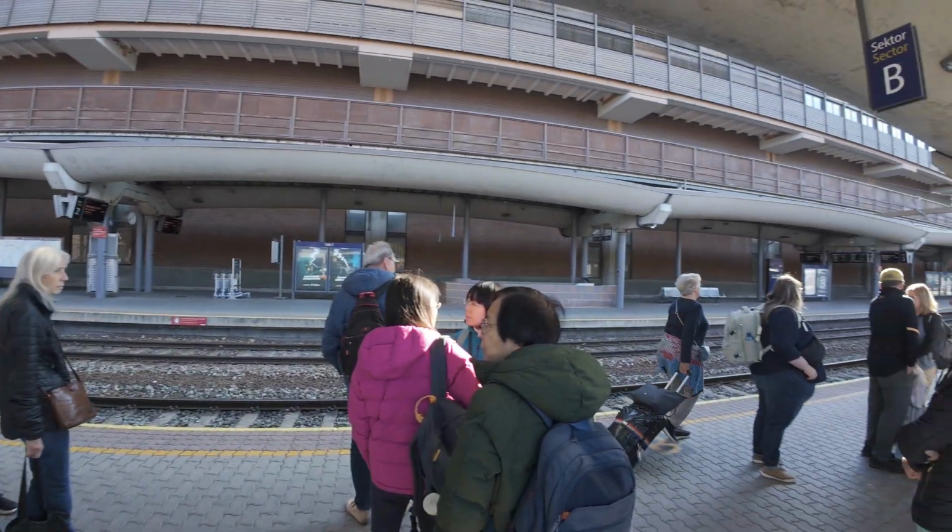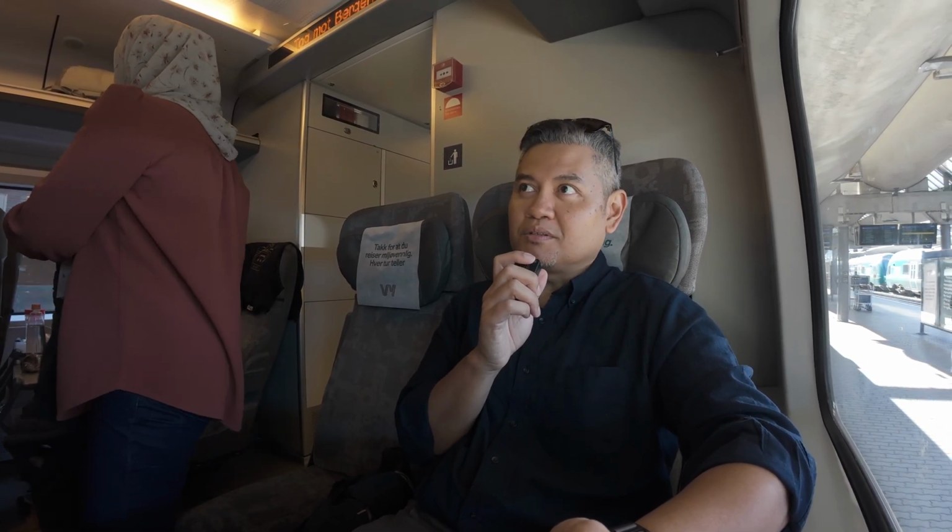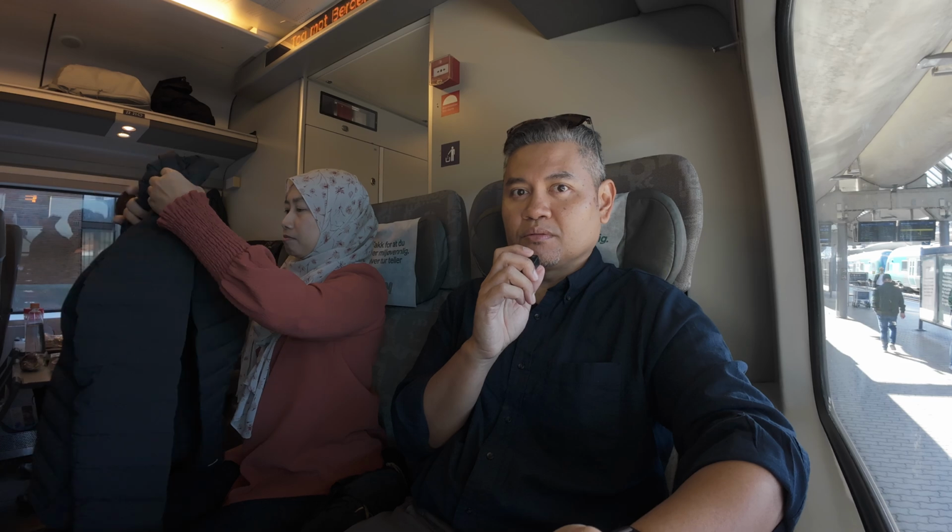Good morning. It is the 6th of June here in Oslo. We have just boarded the train, and the plan today, we are heading to Fläm. So right now we've made it onto the train. It will take about 5 hours from Oslo to Mørdal, and then we're gonna have a transfer to Fläm from